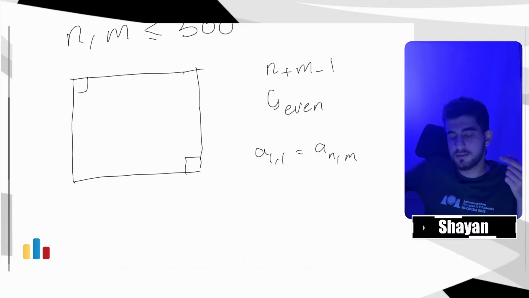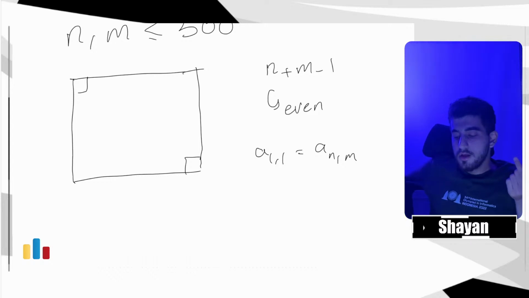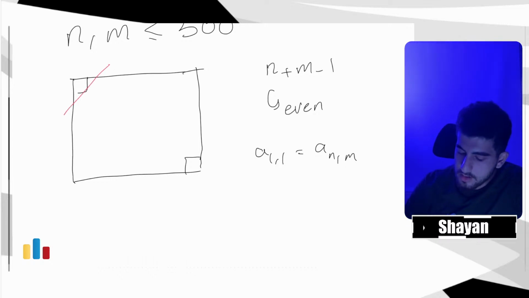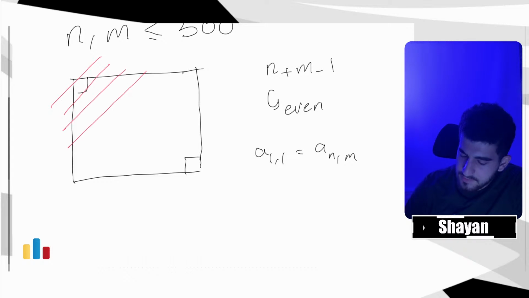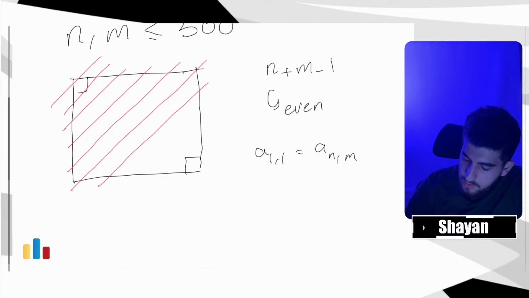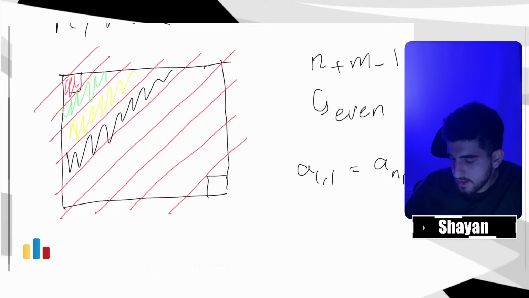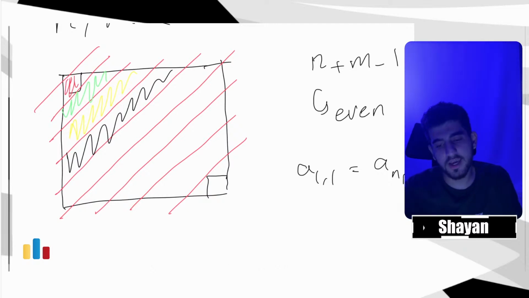A of 1 and 1 must be equal to a of n and m. But also there's one other thing that we can say. We have several diagonals, and we know that each time when we go forward, we will move on these diagonals. So we know that our first character is in this diagonal, our second character is in this diagonal, our third character is in this diagonal, our fourth character is on this diagonal, and so on. We have several diagonals, and each of our characters will be